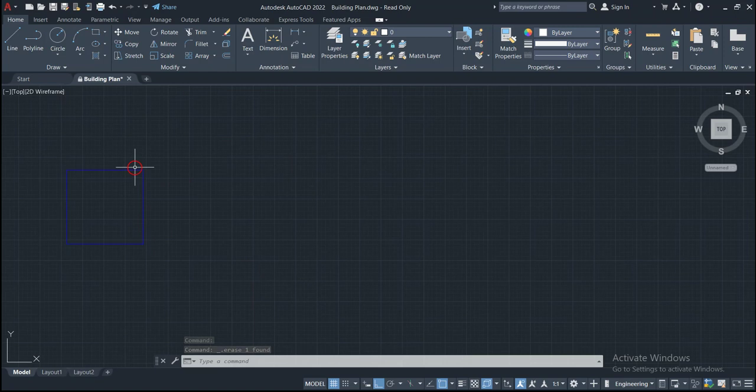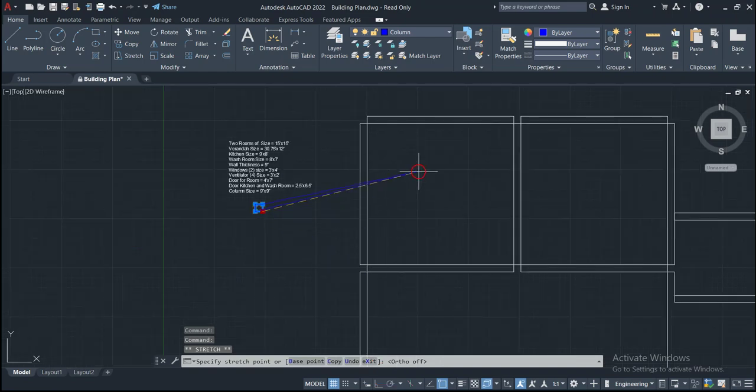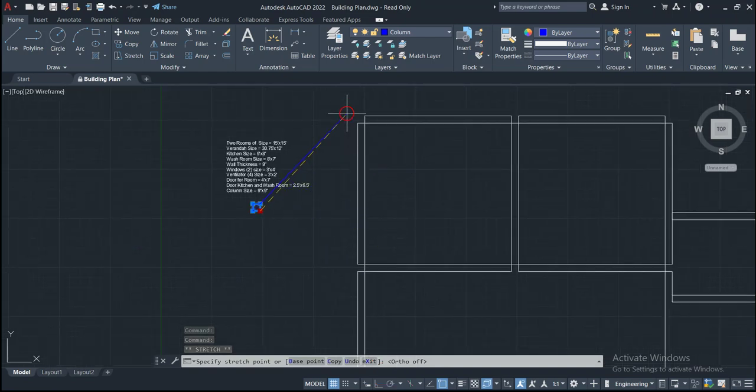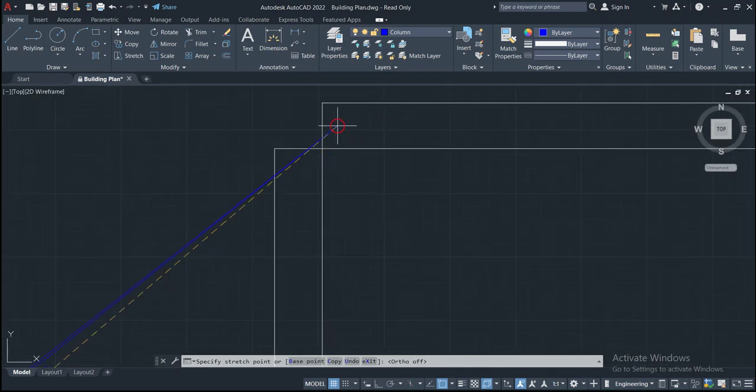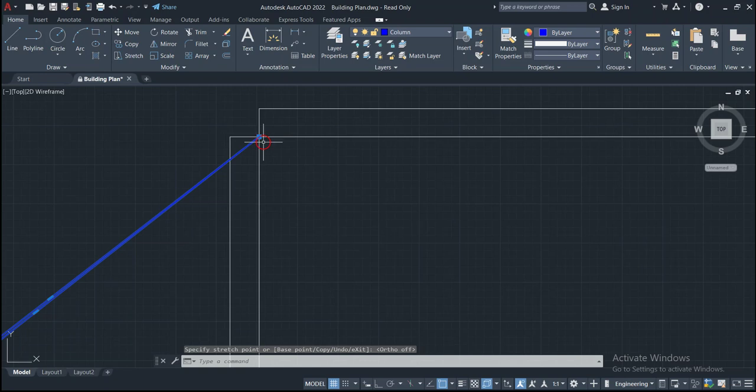So now select this column and then click on copy on the base point. So this is the base point for us, and now we have to copy this column to the required location in the plan. So we have to add here,